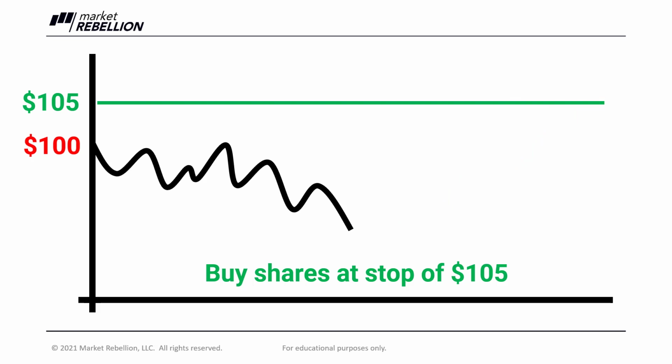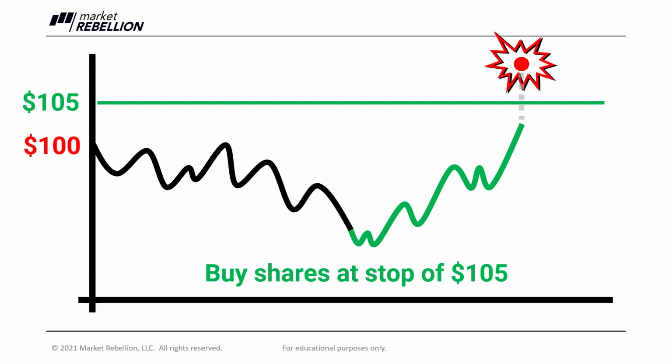With a gap. Let's say that instead the stock price starts moving higher, but it stops a little short of your stop price. Maybe it's trading at 104.90 or some other price below 105. The next day there's really positive news. The stock gaps up to 120. What happens now? Well, the rule says if it trades at or above 105, activate the order and become a live market order. So now in this example, you will be buying shares at 120 instead of the 105